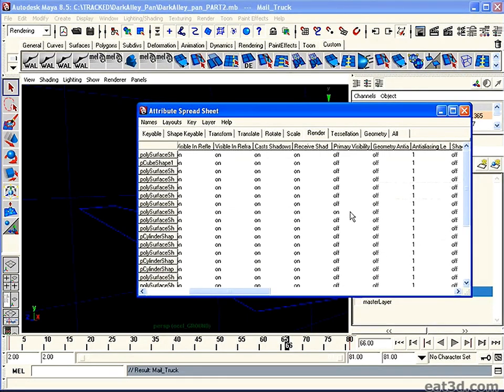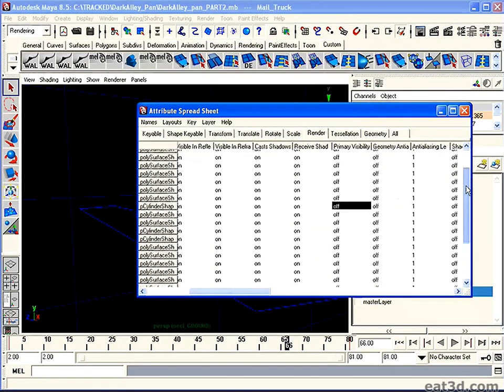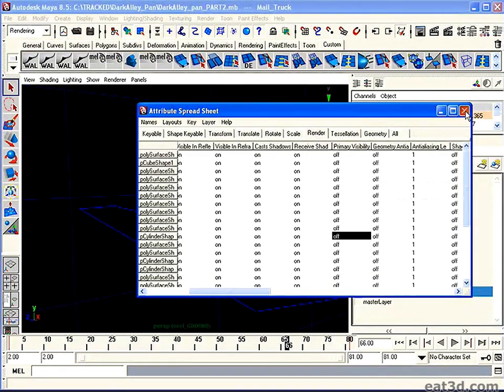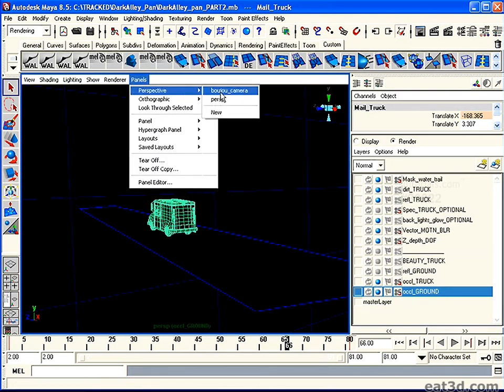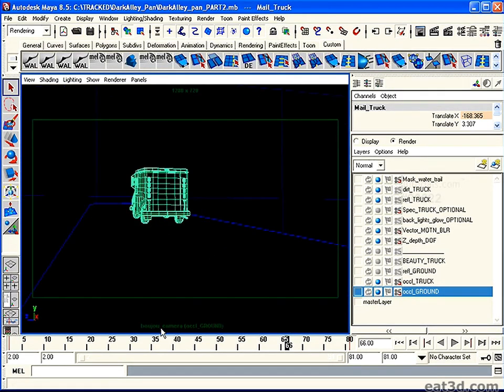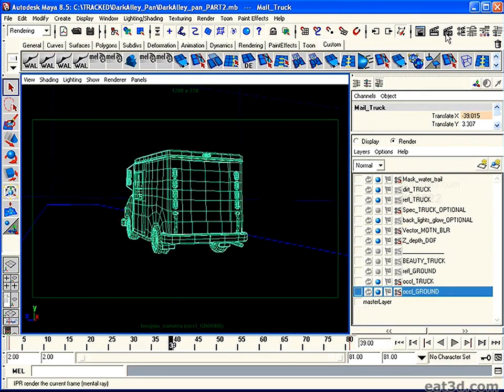Better turn that off. Okay. So as you can see, primary visibility is off all the way for this piece. So that when we render this, we're going to get just an occlusion of the ground. So let's go ahead and go to my Buju Cam, and I'll set up an animation right there, and I'll